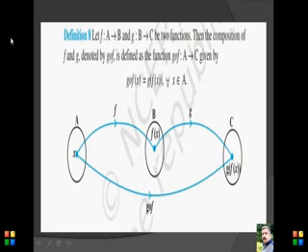So about composition of function, let f: A to B and g: B to C be two functions. Then the composition of f and g, denoted by g∘f, is defined as the function g∘f: A to C given by (g∘f)(x) = g(f(x)) for every x belongs to A. As shown in